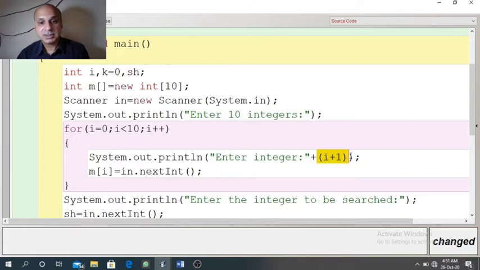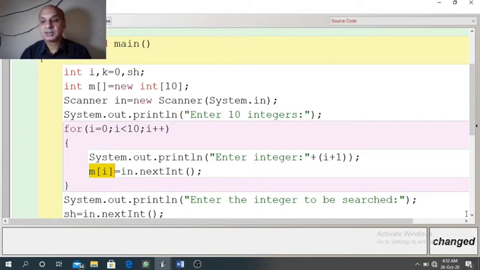So for users, it will display enter integer 1, integer 2 up to integer 10. But for these numbers to be stored in the array, we have mentioned m[i], means values will be stored in the array starting from index number 0 up to index number 9. So that is our input part.